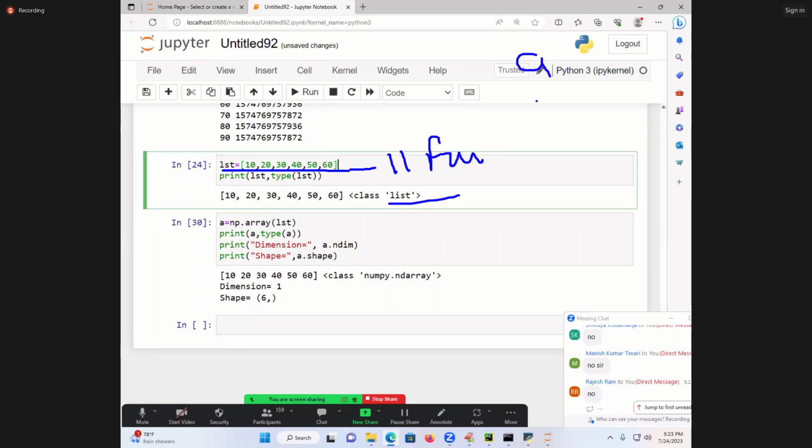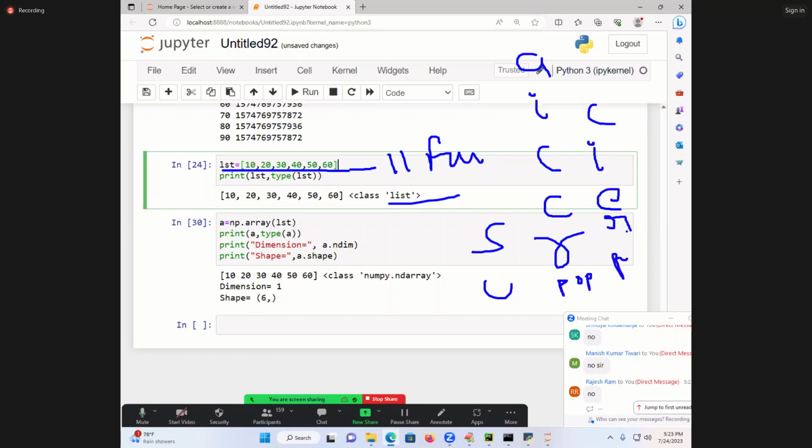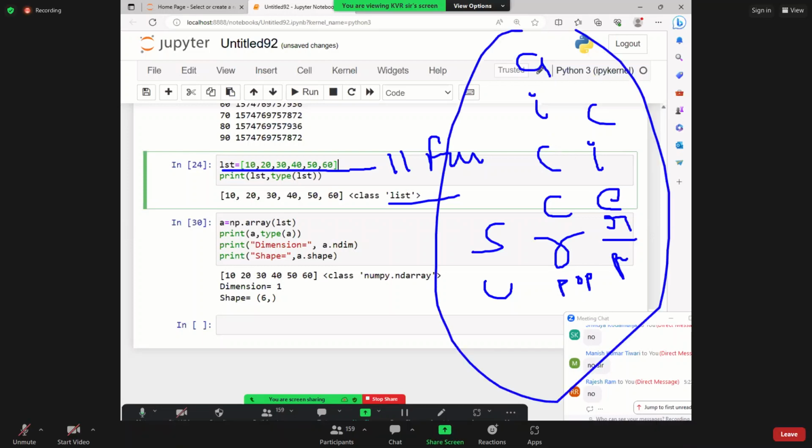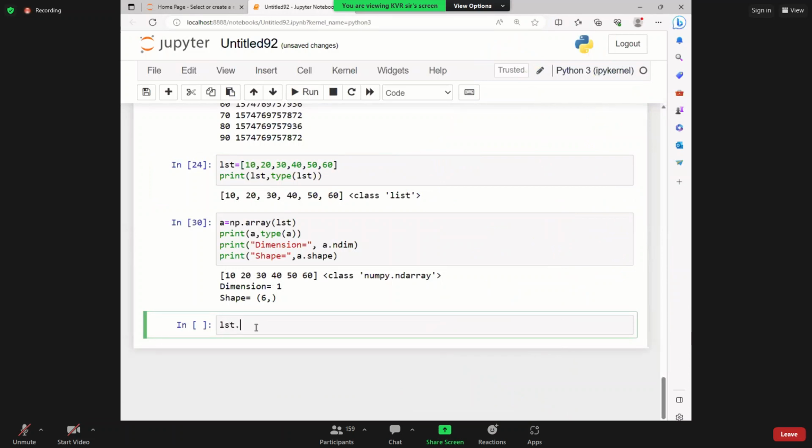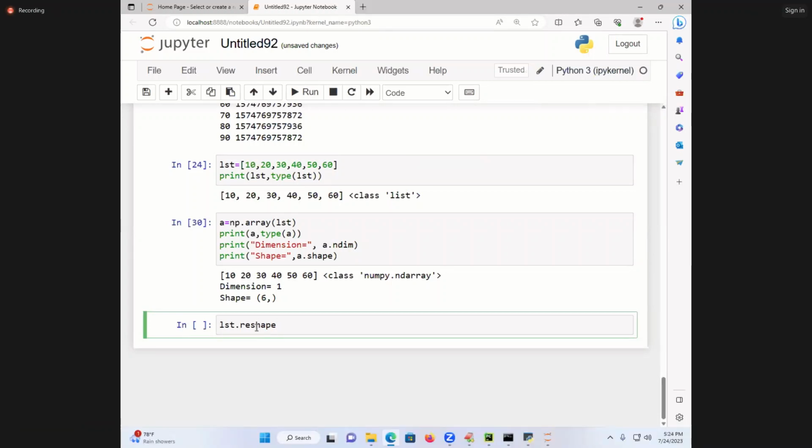I said append, insert, copy, clear, count, index, extend, sort, reverse, update, pop of index, remove. These are all different types of functions. Do you have any reshape function here? No. If I try to call LST dot reshape,